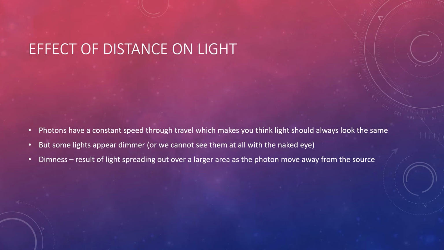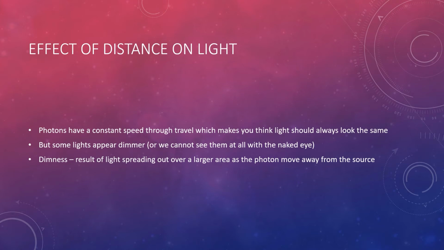There is an effect of distance on light as well. We just learned about Newton's laws, but now we're going to learn the effect of distance. Distance is very important for measuring a body's mass. We notice when we look up in the sky that some stars are very dim and some stars are very bright. And you're automatically going to assume, oh, that star must have more energy, it must be bigger, it must have a higher heat output. Wrong. Distance has an effect on light.